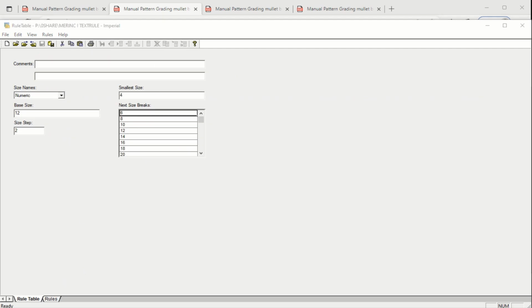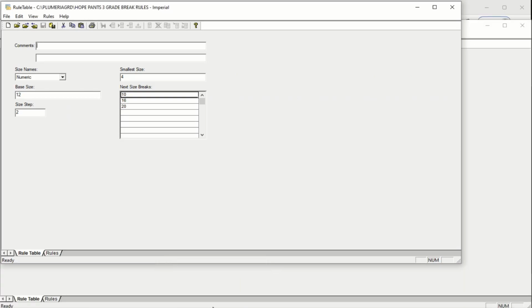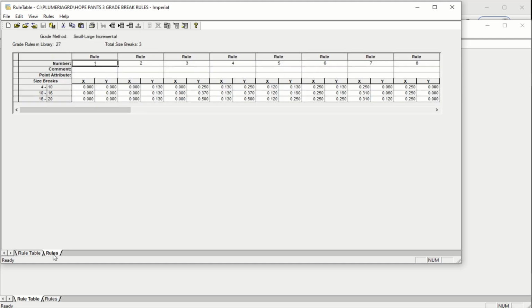And I just managed to choose different ones. Okay. So this one has just the 3 different places to enter. So when I switch to rules and you're looking at rule 1, it's all 0 in the x and y, and it has 3 lines. Sizes 4 to 10 are our inch grade, sizes 10 to 16 are our 1.5 inches, and 16 to 20